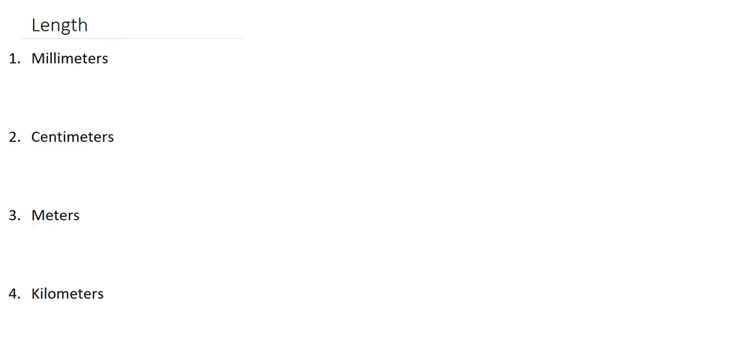Now, let's look at length. Here we're going to start with our smallest on the top, and work our way to the largest. So these are different ways to look at length. We're just going to look at these in particular. A millimeter is the smallest unit. This is like when you have a ruler, right,